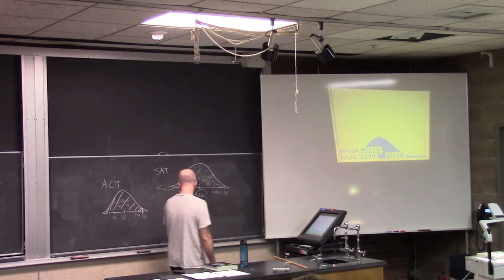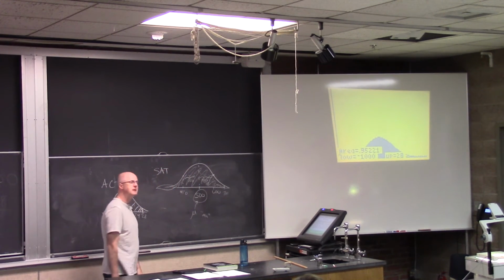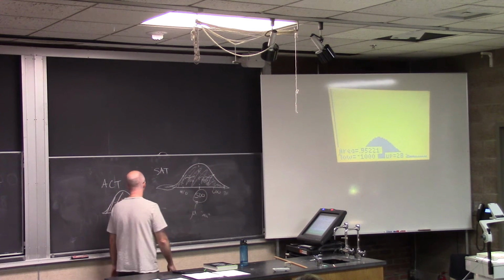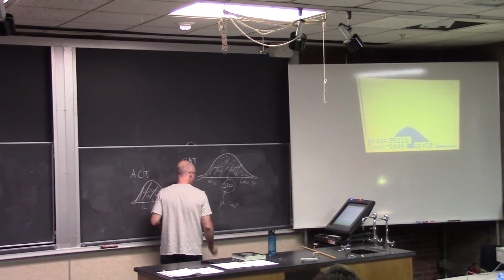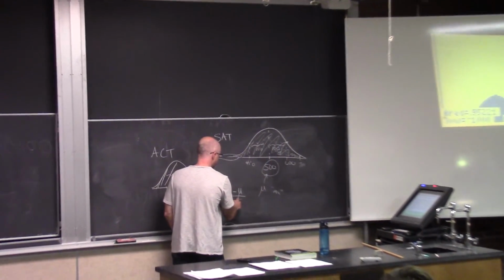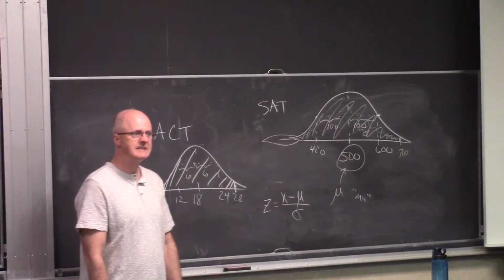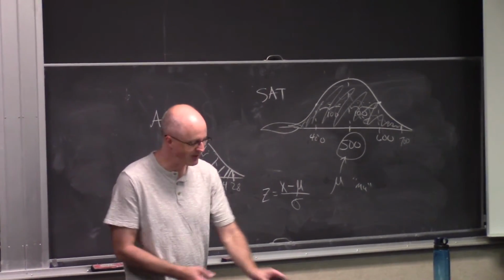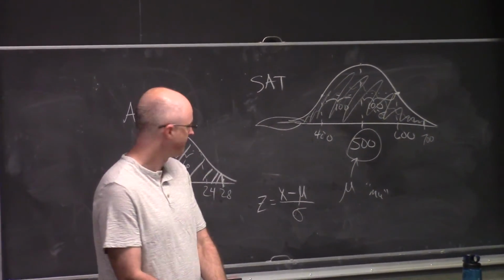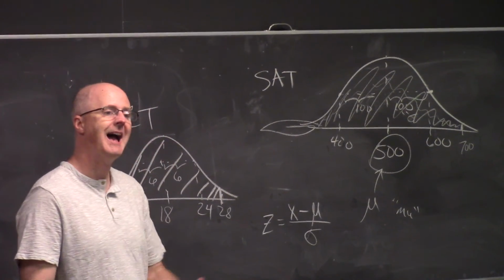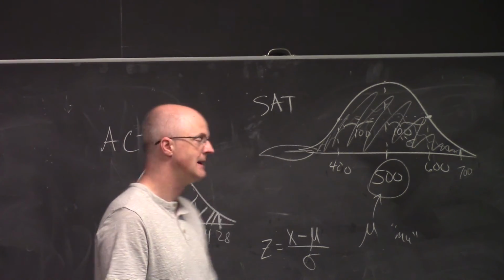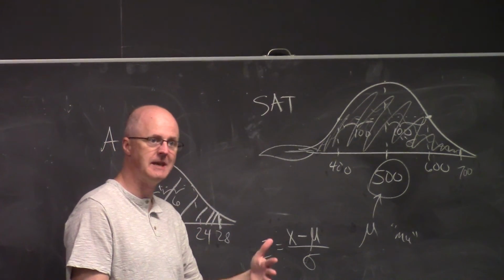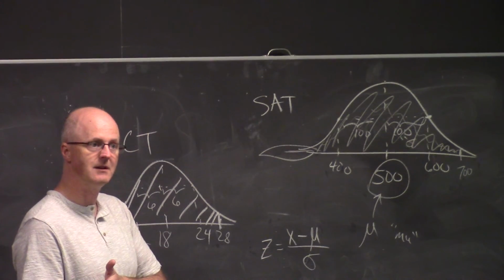How do you do this with the table? You have to first compute something called a z-score. The formula for the z-score is to take the data value minus the mean and divide by the standard deviation, like that. This does what's called standardization. This standardizes the variable. Essentially, it tells you how many standard deviations you are away from the mean, positively or negatively, above or below. If you get a positive z-value, that's above the mean. If you get a negative z-value, that's below the mean.